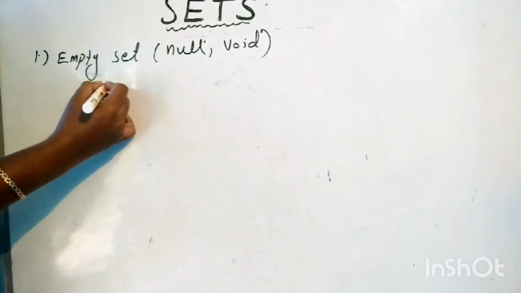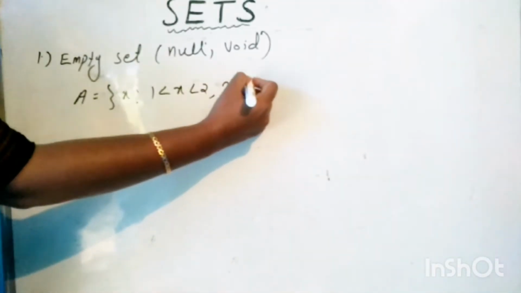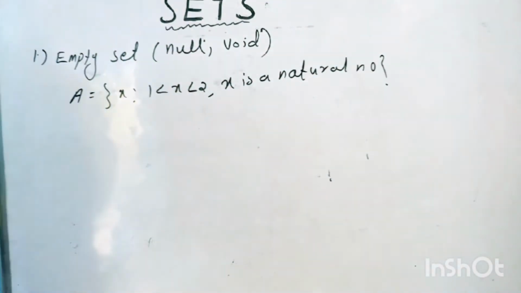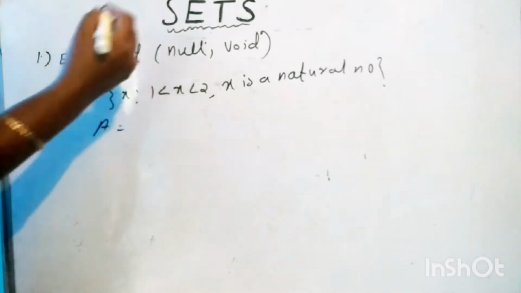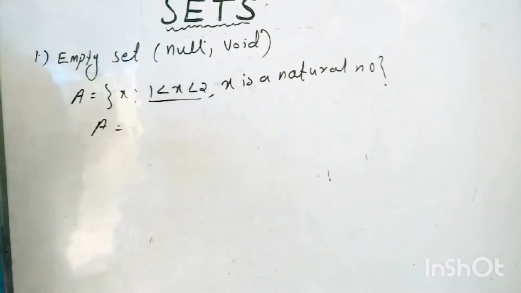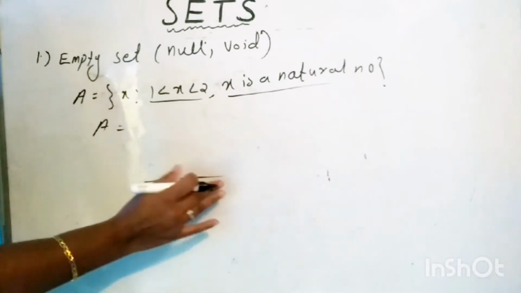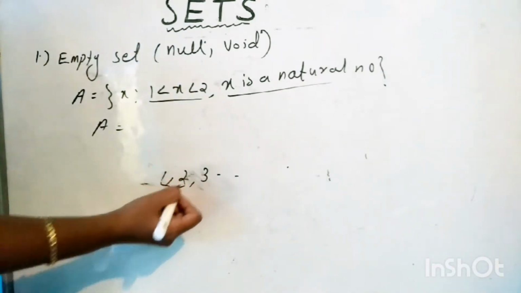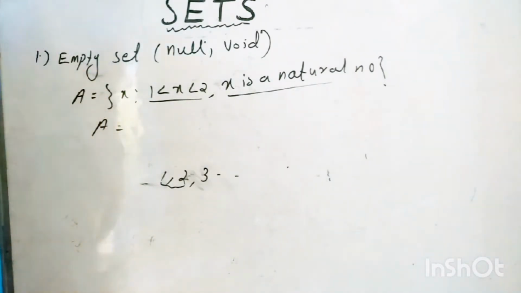Example. Capital A is equal to set of all x such that 1 less than x less than 2, comma, x is a natural number. Okay, tell me the elements in A. Is there any element in A? This is given in set builder form. I'm going to write the tabular form. So A is equal to, what is the first property? 1 less than x less than 2. X should lie in between 1 and 2. And the second property, that should be a natural number. As we all know, the natural numbers, that is 1, 2, 3, etc. This is our natural number. Is there any natural number that lies in between 1 and 2? There is no natural number that lies in between 1 and 2. That means there is no element in our